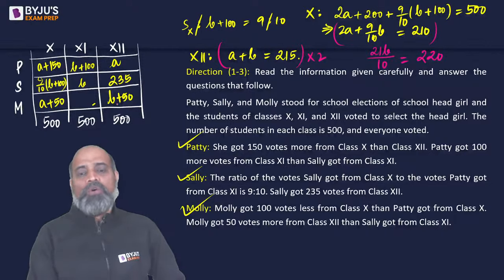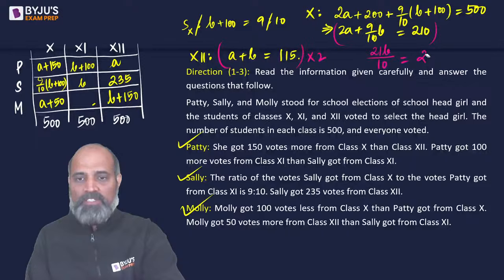Okay, this should have been 150, right? Molly got 50 more votes. Makes sense. This should have been 150. 50 ज़्यादा मिला है as compared to Sally from class 11th. So that was the issue. So 235 plus 150 is going to be 385. So this is going to be 115. 115 का डबल 230 हो जाएगा